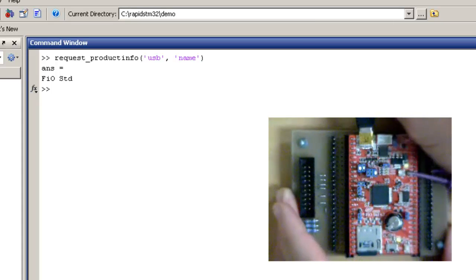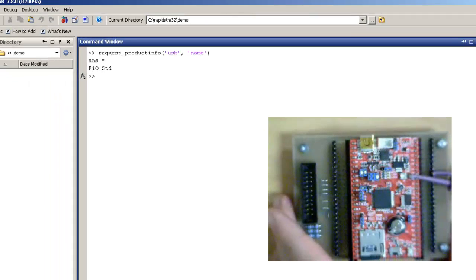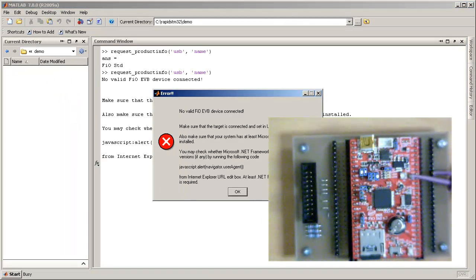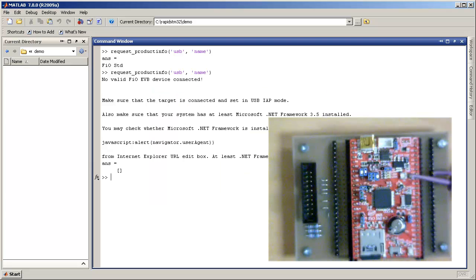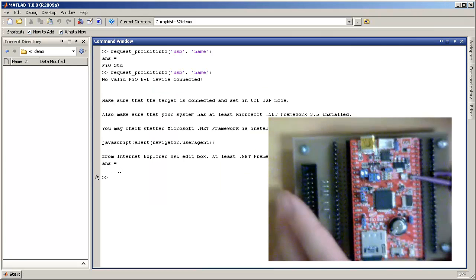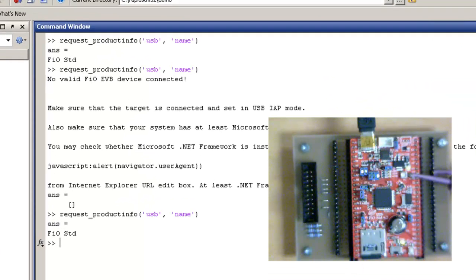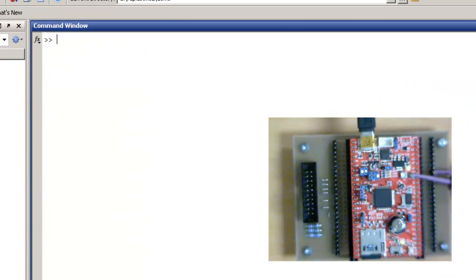I will now disconnect the target and the host. If I try to run the same command again, the system gives us a warning. So if we connect the target and the host again and run the same command, we should get the same correct response. If you happen to forget commands to use, you can always type help